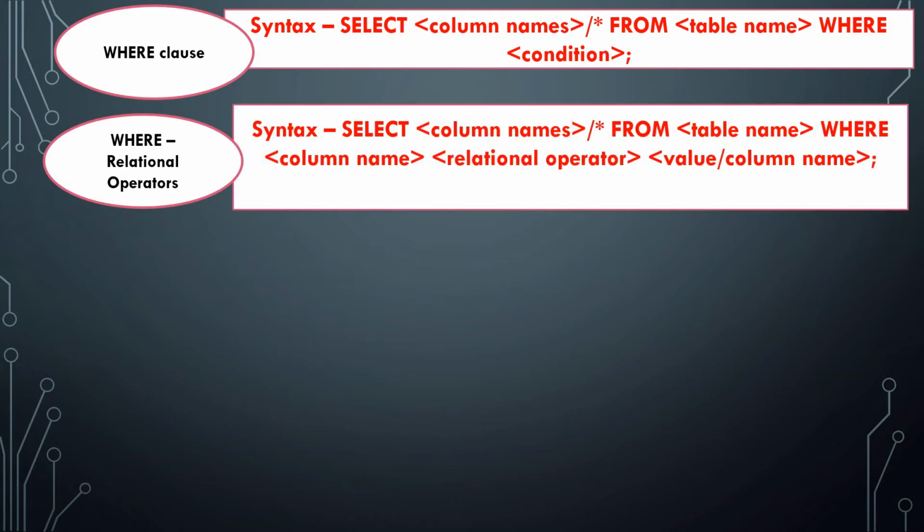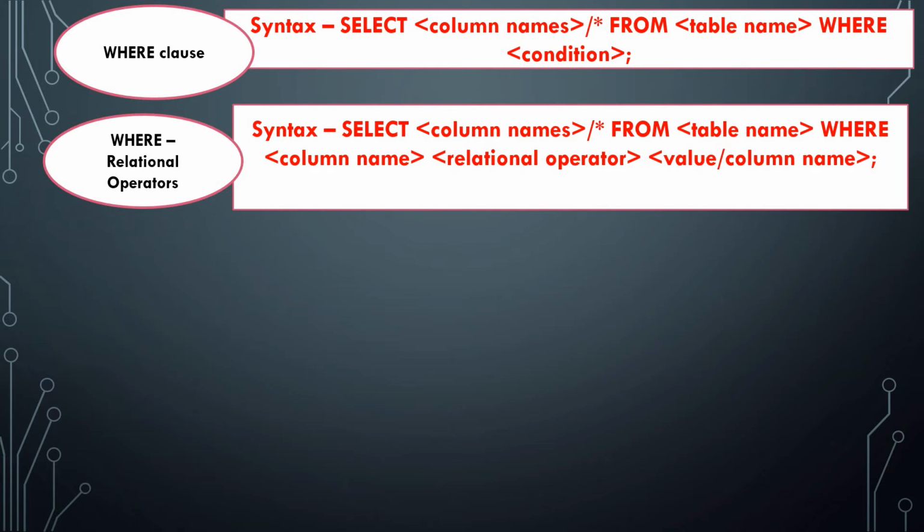First one is using relational operators, for which I gave an example earlier. Like I want the names of those employees who have salary less than 50,000 or who have increment greater than 8,000, what should I write? I have to write select column names or a star, whatever we want to print, from table name, where we are fetching the details from. After that you have to give the condition.